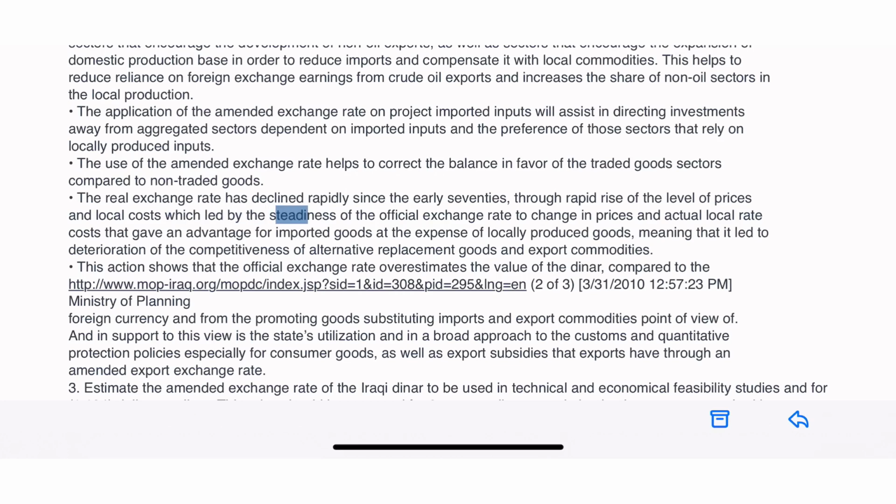Through rapid rise of the level of prices and local costs, which led by the steadiness of the official exchange rate to change in prices and actual local costs, it gave an advantage for imported goods at the expense of locally produced goods, meaning that it led to deterioration of the competitiveness of alternative replacement goods and export commodities. This action shows that the official exchange rate overestimates the value of the dinar, compared to the